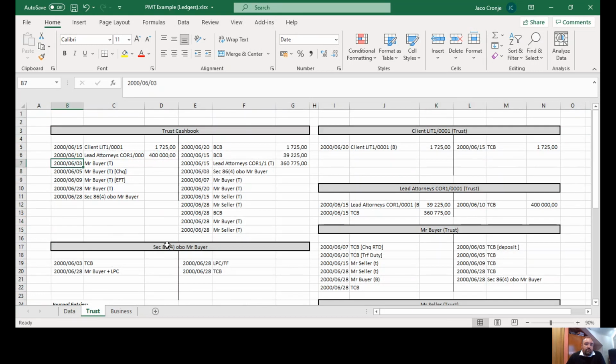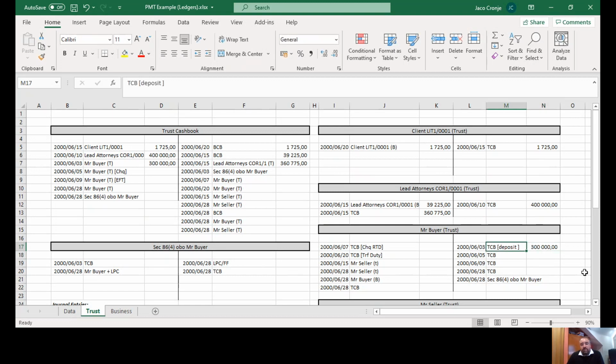So on the 3rd of June, Mr. Buyer, if he pays it in, it will increase our trust cash book. So 300,000 Rand. Where do we go with the credit? Whose money is that? That is Mr. Buyer's money. So I'm going to credit his T account, his trust ledger, 300,000 Rand,